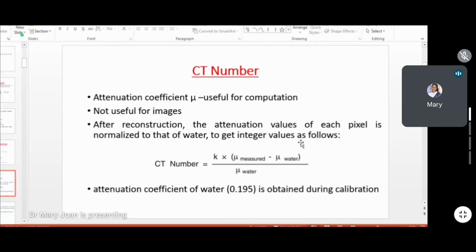CT number: the attenuation coefficient mu is useful for computation and not useful for images. After reconstruction, the attenuation value of each pixel is normalized to that of water to get integer values. So how do we calculate a CT number? It is K times mu measured minus mu of water, divided by mu water. So the attenuation coefficient of water